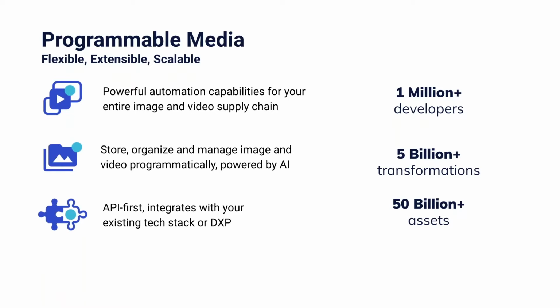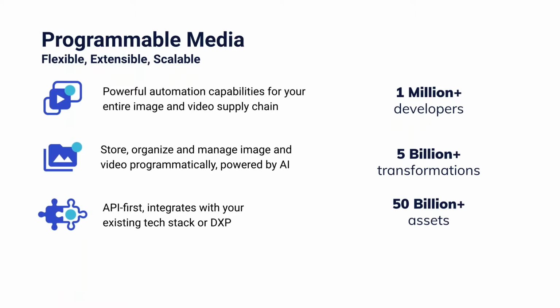Programmable media offers 2 key capabilities. The first one is automation of your image and video supply chain. Think about the manual processes you may be doing daily to make an image or video ready for your website and app, like editing, cropping, adding overlays. All of these can be automated. And some of our customers have saved up to 90% of the time spent on these processes previously,